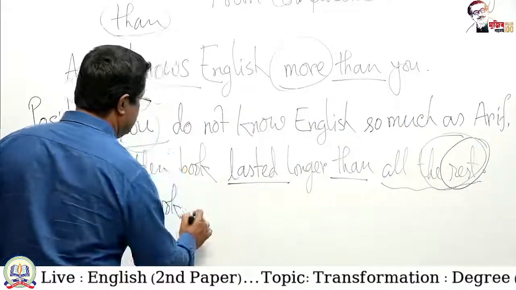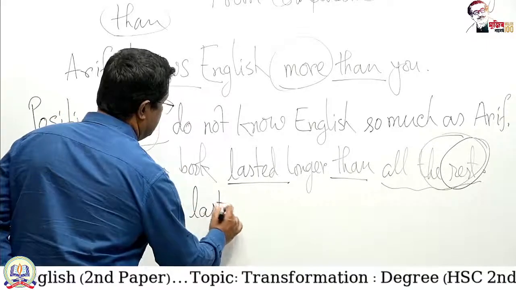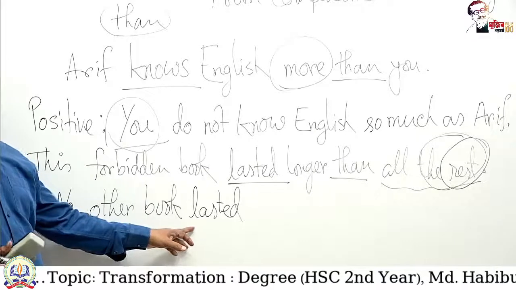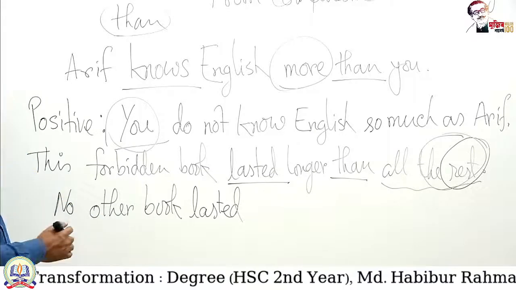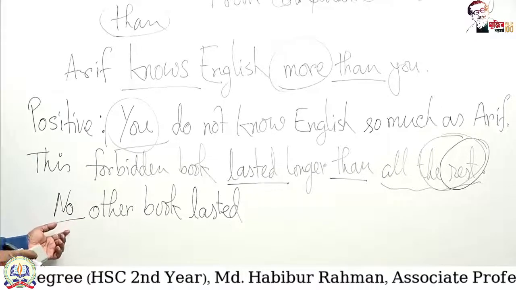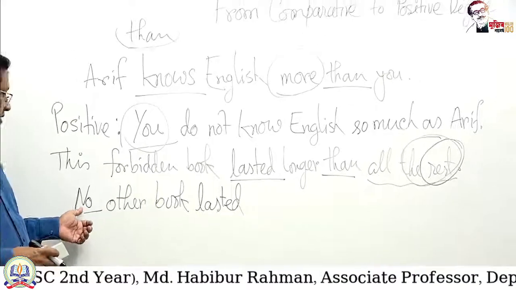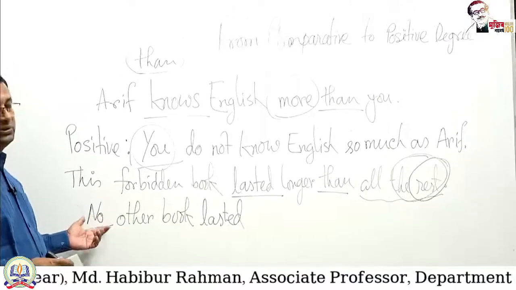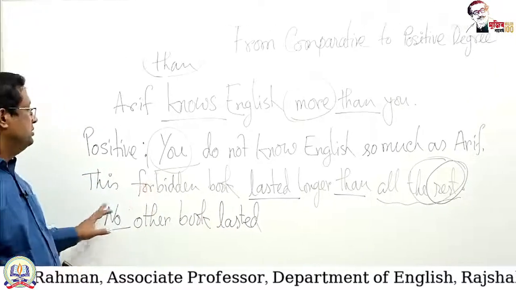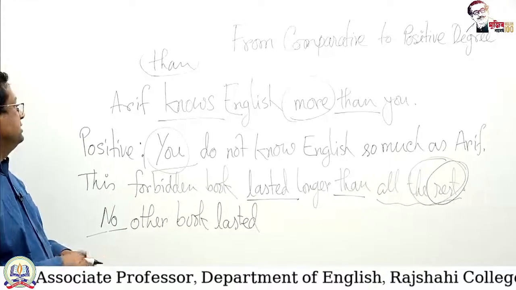lasted. Here the verb is lasted, not did not last. Why? Because we have already changed it into a negative sentence with no. So, as we have used no, we will not change this verb into negative form. No other book lasted than